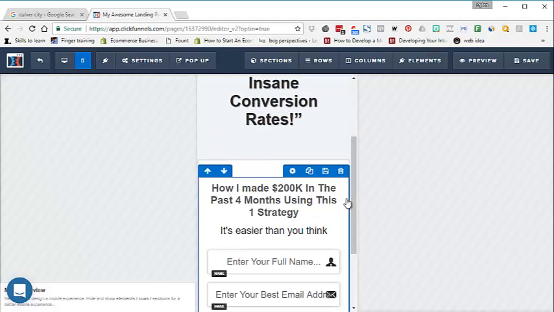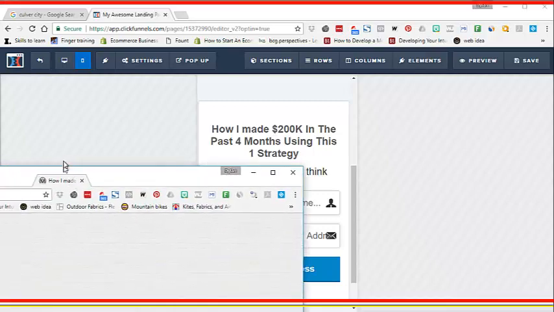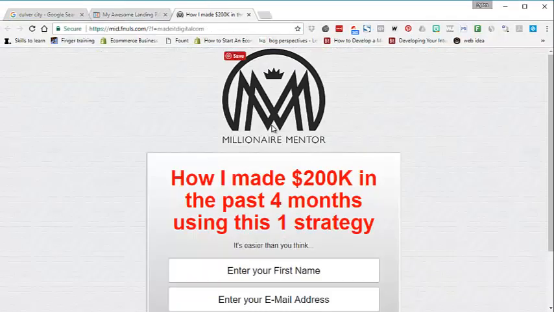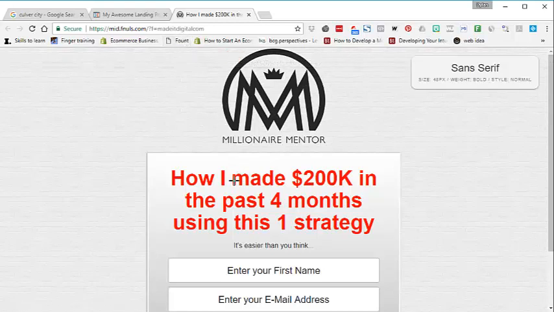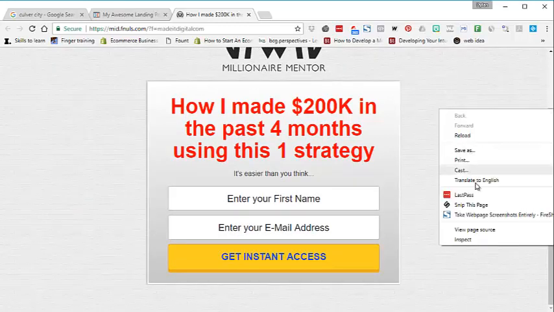So one thing that I want to do is I want to figure out what size font that he was using. So I use a tool. There's a couple ways you can do this, but a quick and easy tool is called Font, right here. And it doesn't always work, but a lot of times it can tell me what type of font he has. So he has a sans serif size 48 and bold. And then what size is this one right here? That's size 16, right? And I may click here. It doesn't show me. But you can also look at it if you go into inspect the page,